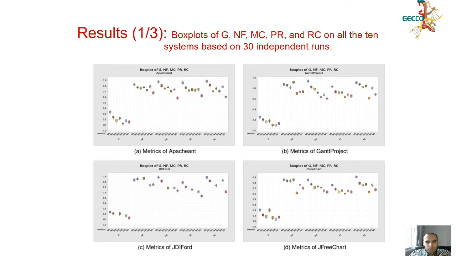Here are the results. We had to run each algorithm 30 times, and then we take the median value. This is because algorithms are randomized, and in each execution, they may provide slightly different results, so we need to run them multiple times, and then we take the median value. So here we can see that over multiple executions, our interactive approach almost always provides better solutions in the considered performance metrics